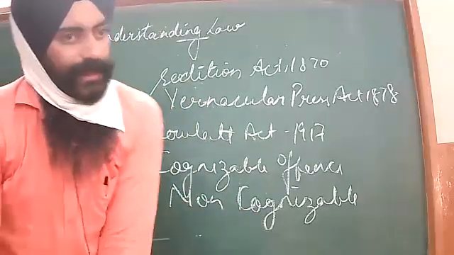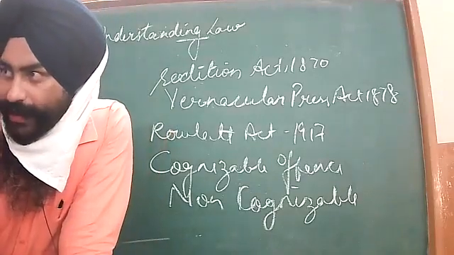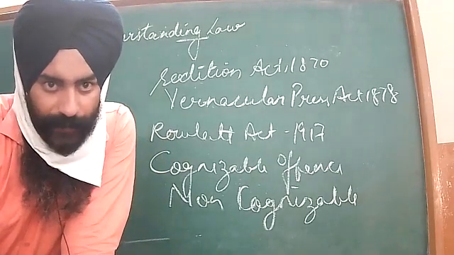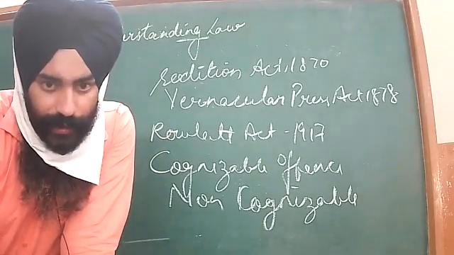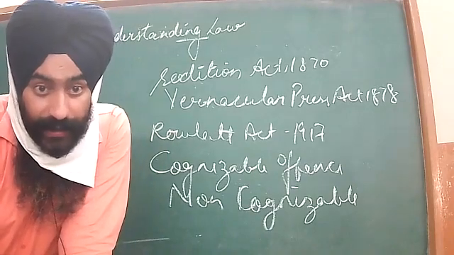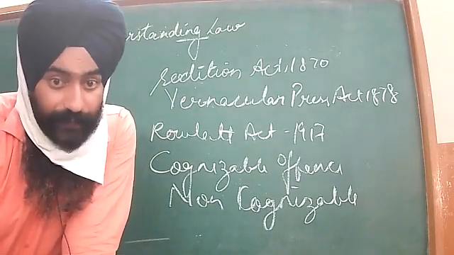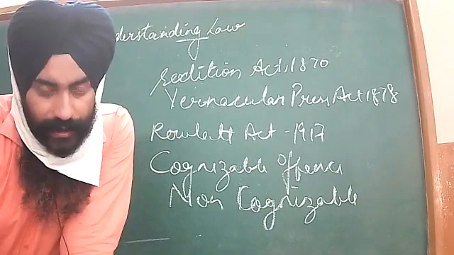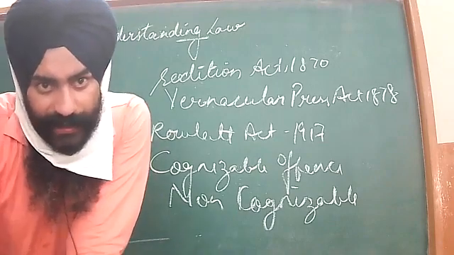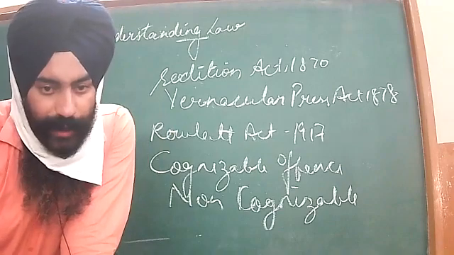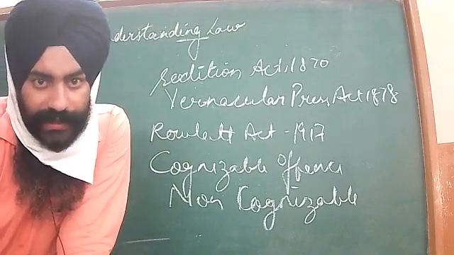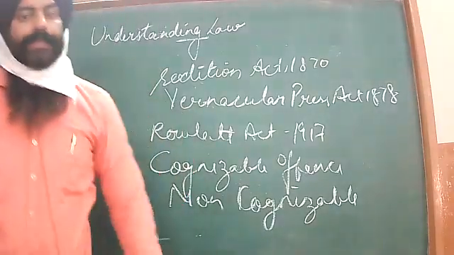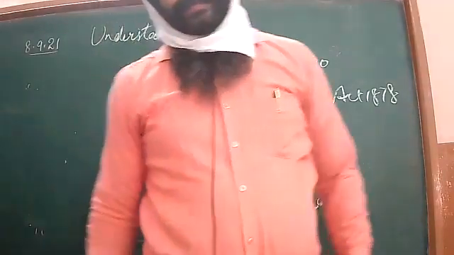And non-cognizable offenses are those for which the arrest warrant is mandatory. For example, the cases of disputes, fighting cases. Under such circumstances, the arrest warrant is required. The arrest warrant is required under those conditions when disputes arise between people. When disputes arise between people, under such circumstances the police require a warrant. These are known as non-cognizable offenses.